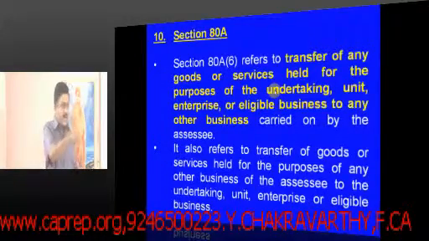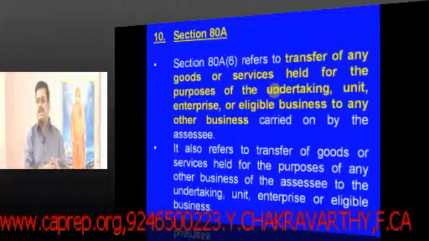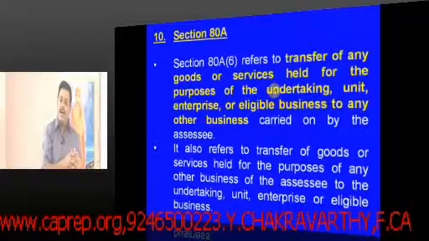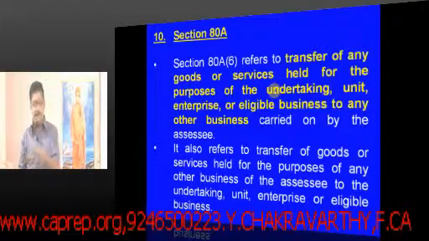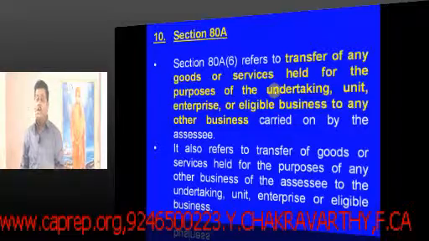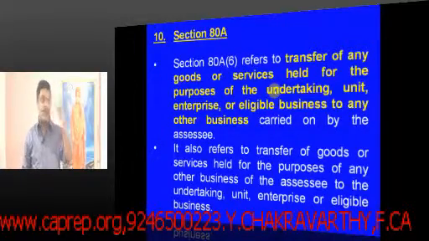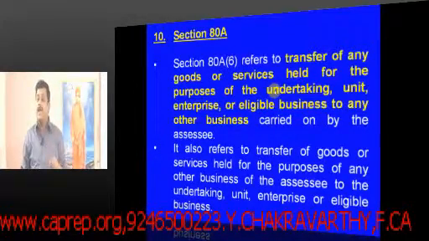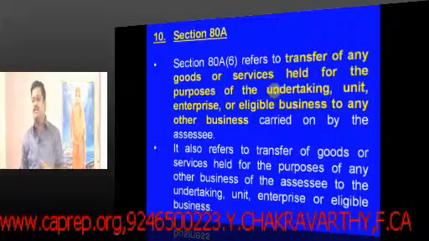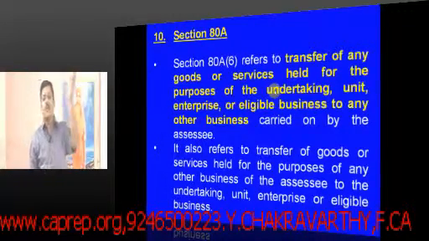So I am making a transfer of particular services or goods from the undertaking which is enjoying 80IA to the other undertaking. When this transfer is made, it is a sale transaction or revenue generating transaction for the undertaking under 80IA. Naturally, it will be done at a higher price, thereby higher profits can be booked and claimed